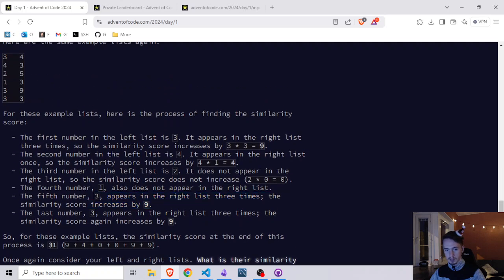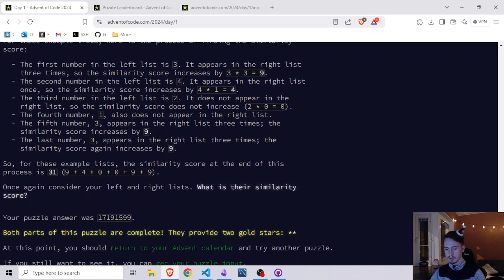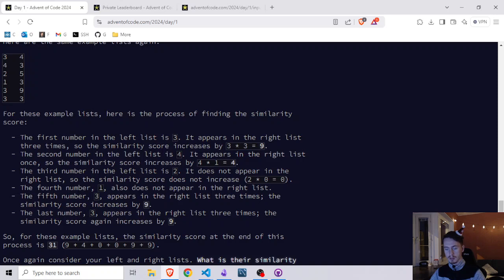And if it appears again, which it does, this 3 appears again, so we count them again. It also appears 3 times, of course. So we add a 9 again. So we see in the end that we're going to add a 9, a 4, a 0, 0, a 9, and a 9 again. So the easiest way to do this, and the best way for time complexity, in my opinion,